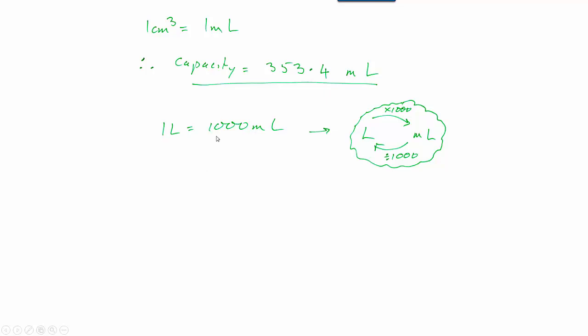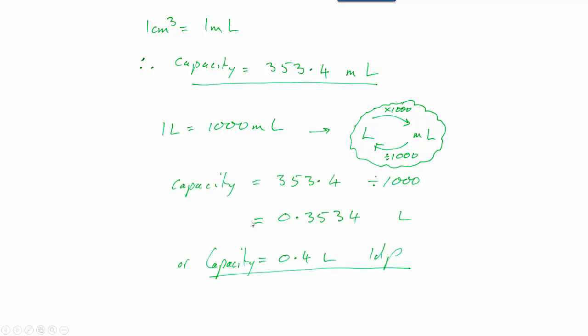1 liter contains 1,000 milliliters, because remember, milli means 1,000th, so 1,000 milliliters makes 1 liter. You might remember your conversion charts. Liters times 1,000 gives milliliters, or working backwards, milliliters divided by 1,000 gives us litres, and that's the conversion factor we're going to use. So to work out the capacity in litres, take our measurement in millilitres, divide it by 1,000, get 0.3534, and the question says 1 decimal place, so rounding that gives us a capacity of 0.4